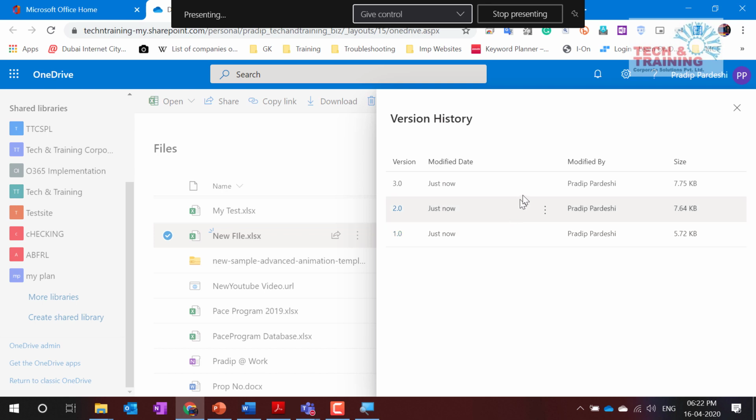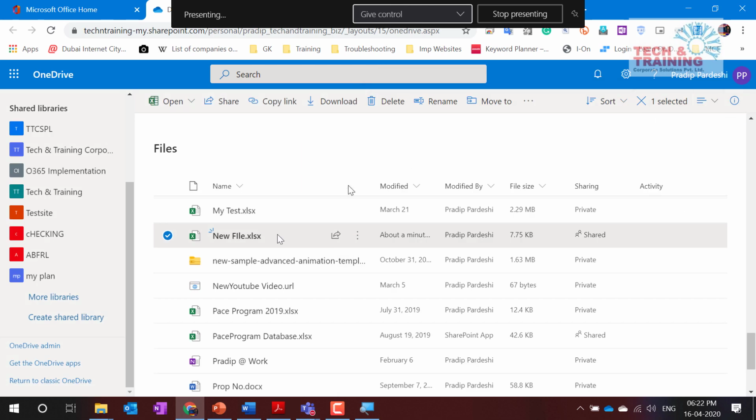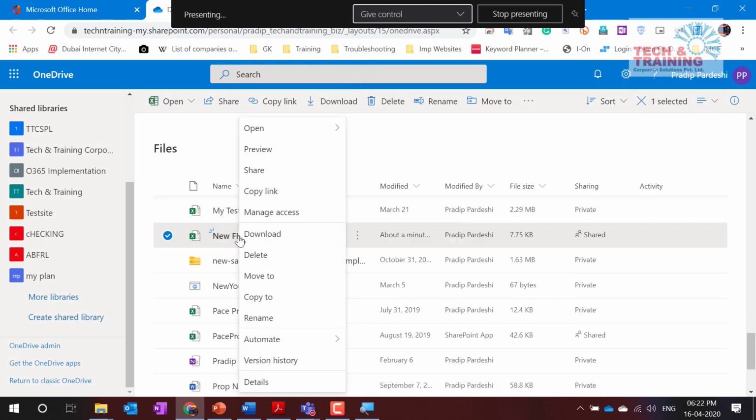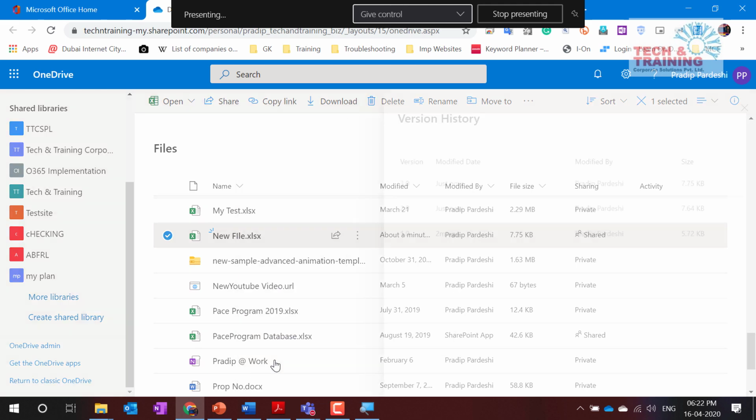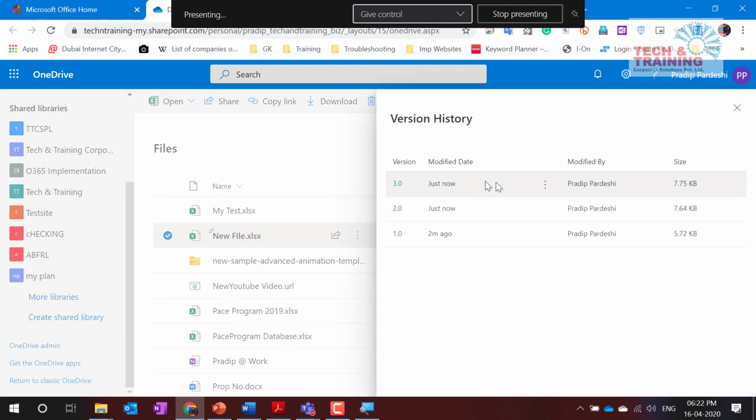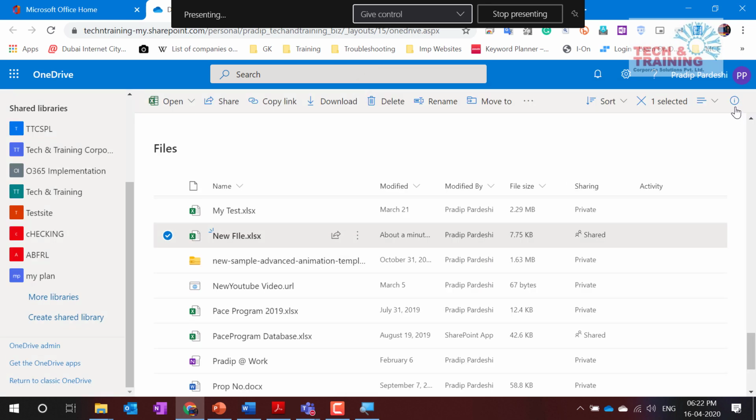Whenever we make changes, new versions will be created. This is nothing but, when you do a right click, go to version history. I can revert to any specific version by clicking over here, open file or restore. At the moment I have the option of restore, so I can restore it to any specific version. Now in today's era, the biggest problem is forgetting the password. Even Prashant has forgotten the password, so he's trying to recover it.